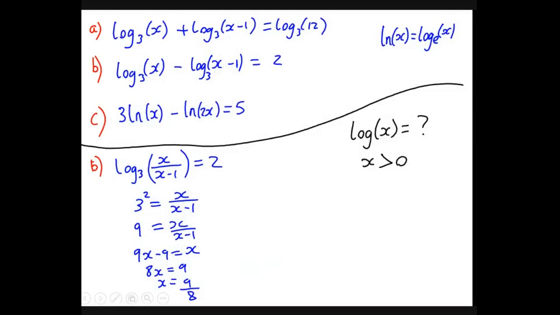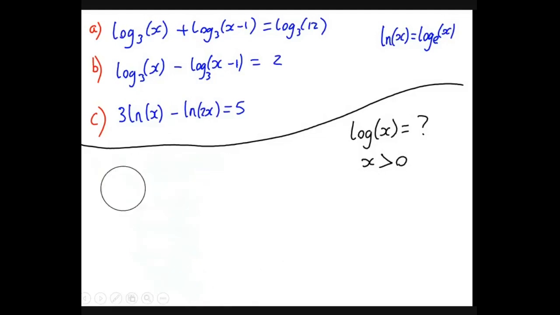Sir, would you start with the conversion of the ln thing? Yes. Absolutely. So tell me. 3 log e x, 3 log to the base e of x, minus log e 2x equals 5. Sure, yeah. And then would you